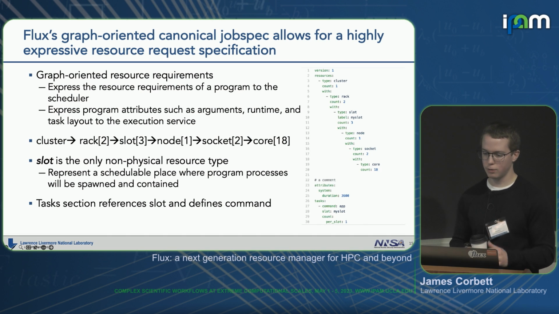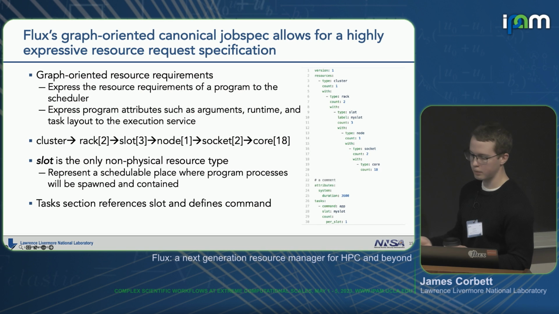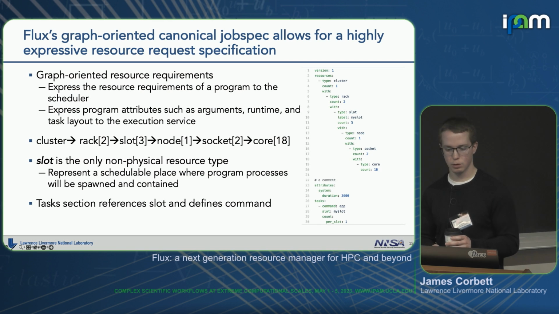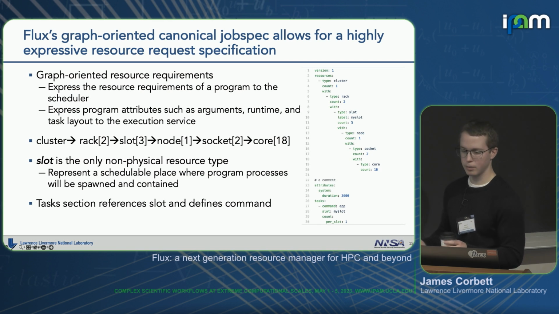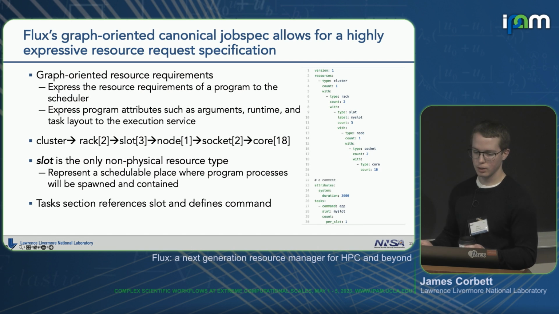So in order to make use of the flexibility offered by the Flux scheduler, Flux's job specifications, or job specs as we call them, express the resource requirements of jobs in a graph-friendly format for the scheduler. In general, job specs encapsulate all the information about a job, including program attributes such as arguments, environment and variables, runtime, and task layout for the execution service. Submitting a Flux job is really just sending one of these documents to a particular Flux service that receives and